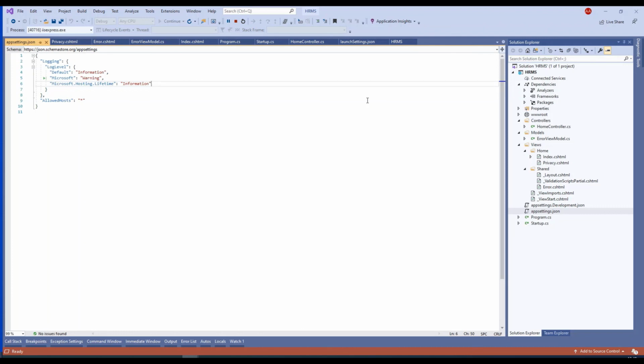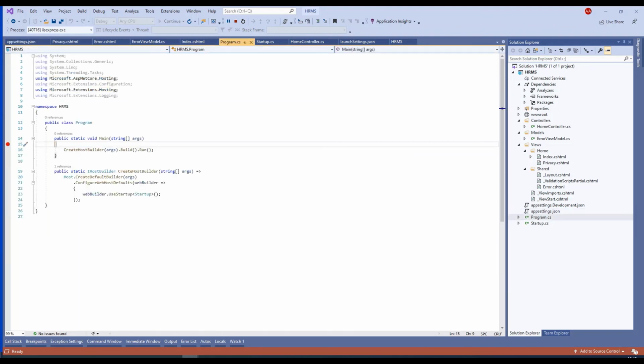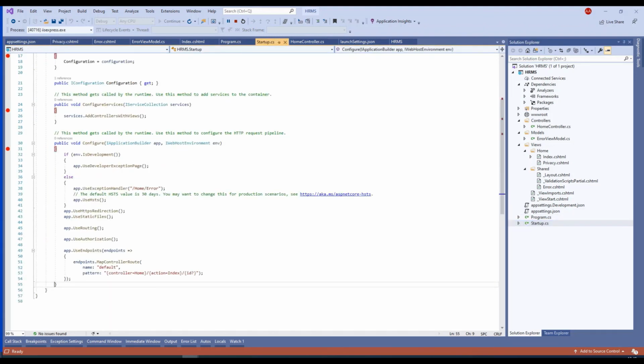From somewhere you will write it in one place, and from there you will get that base url and use it in the project. So you need not do it every time: publish, change the url, publish the code again. No, you should not do that. For this reason we have this file, and in it we are going to use those particular things. I already checked what is there in program.cs and startup.cs.